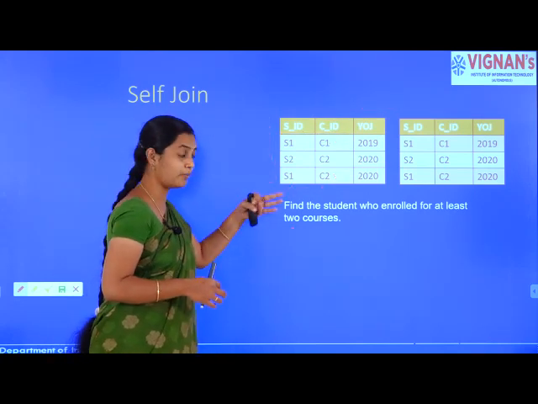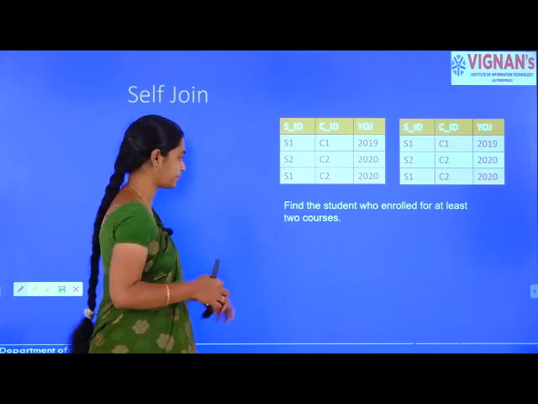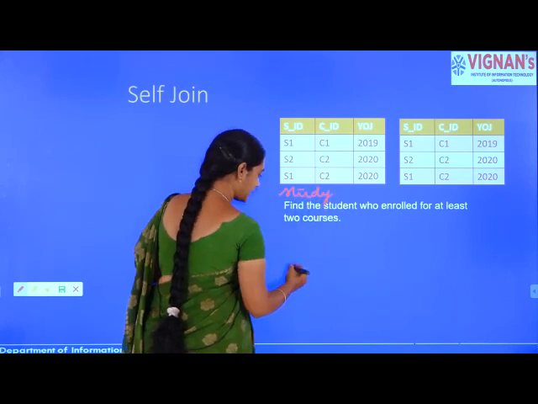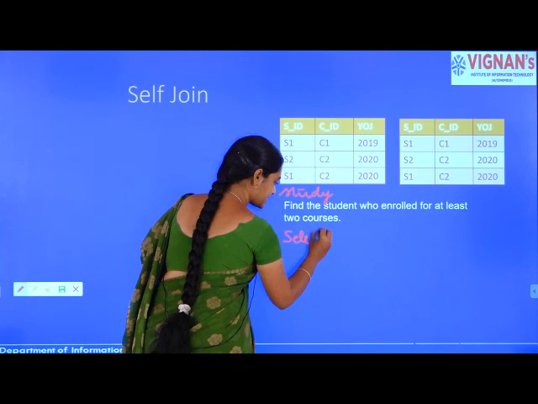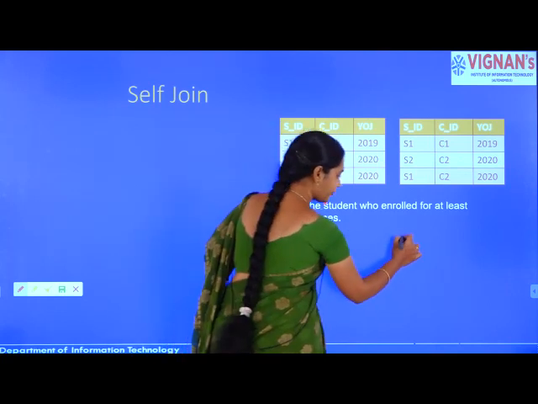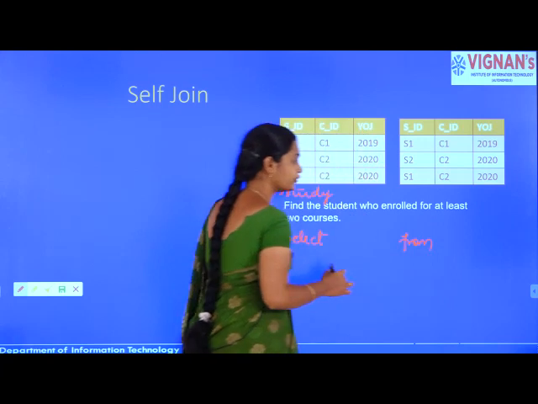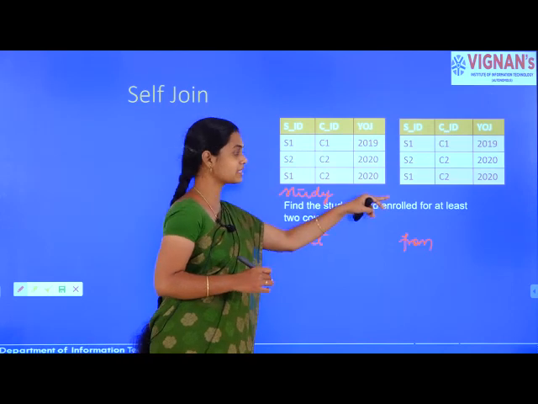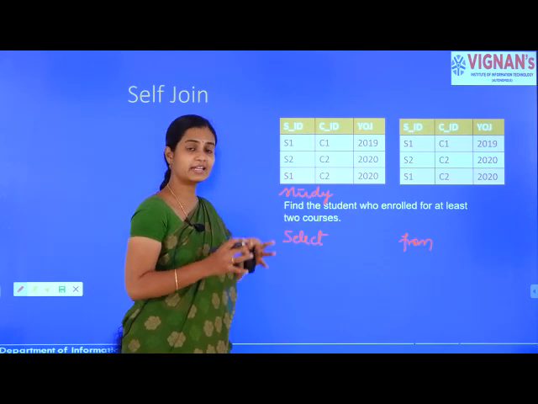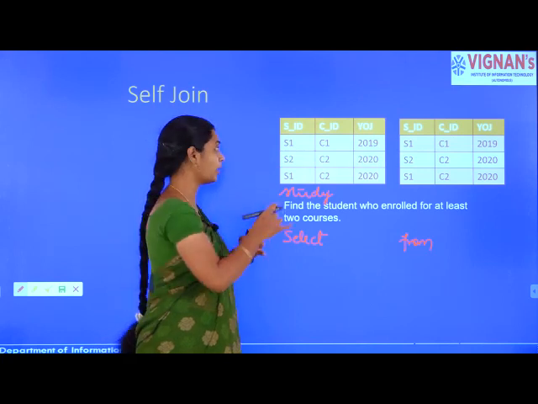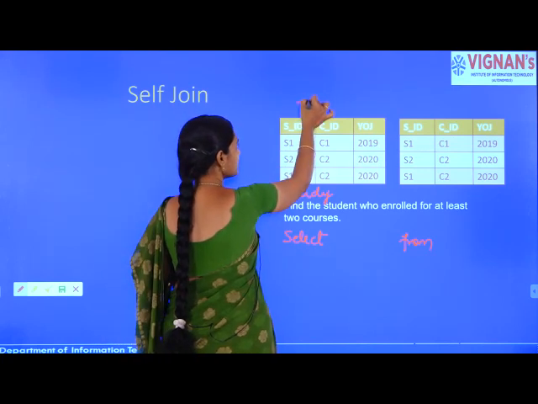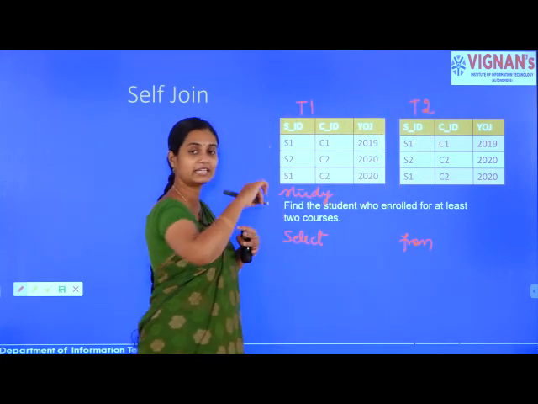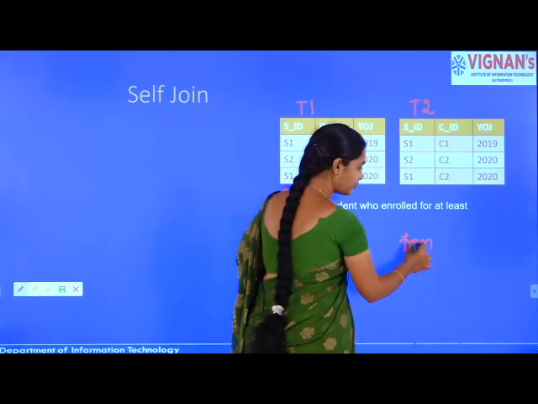Okay, so to avoid the ambiguity by the SQL compiler, how do we write the query here? This is the study table, right? So I need to write the select command. Meanwhile, in the from clause, I have to use alias names, because study comma study will leave the compiler in an ambiguity situation. So to avoid that, what am I using? I am using the alias names T1 and T2. So how do I write it here?